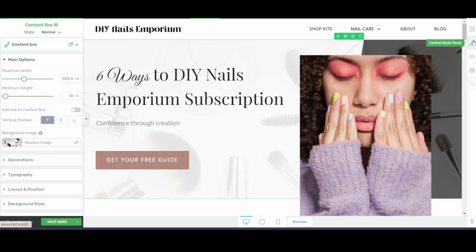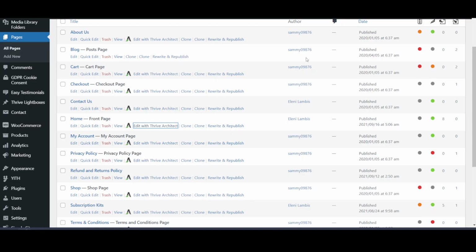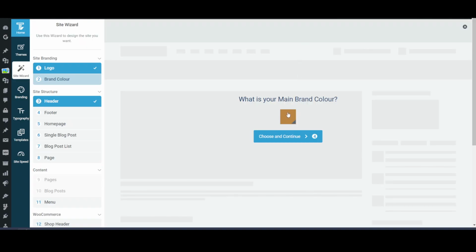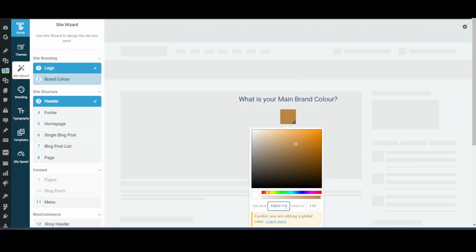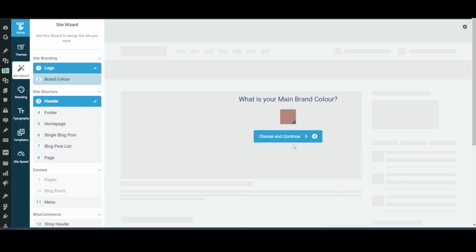But if you don't have any idea and the client has given you any colors, then you can use those colors. Here the client liked this particular theme, so we are using this as the main color. We can mention it here as the main brand color. Okay, and now we can choose and continue.